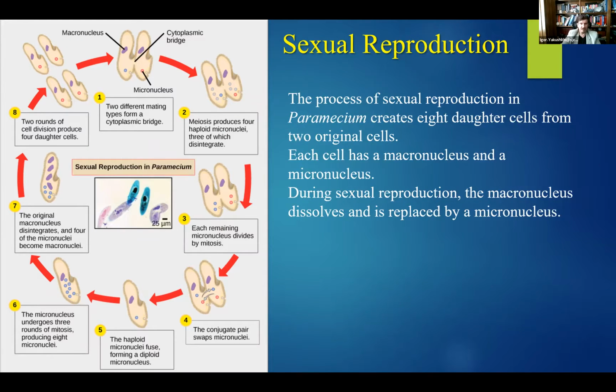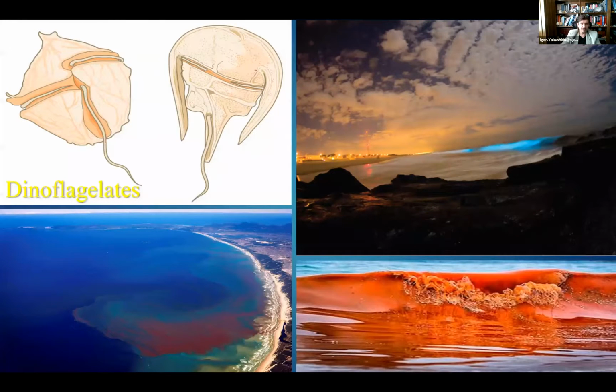So now let's take a look at the dinoflagellates. This is how it looks. The shell is made out of cellulose. Once again, typical phytoplankton. They are a trophic level to be fed upon by the zooplankton, and then the zooplankton will be eaten by the smaller fish, and so on and so forth. Here we're looking at the